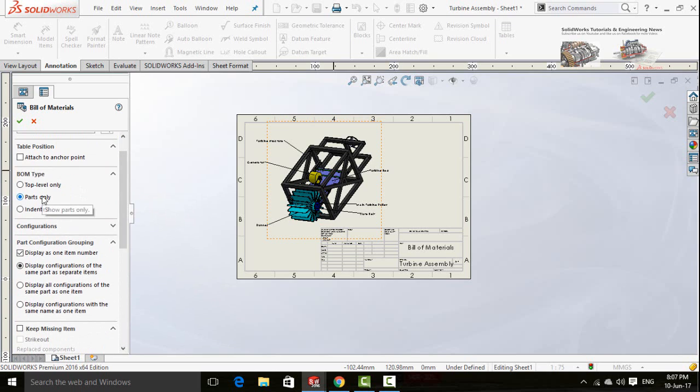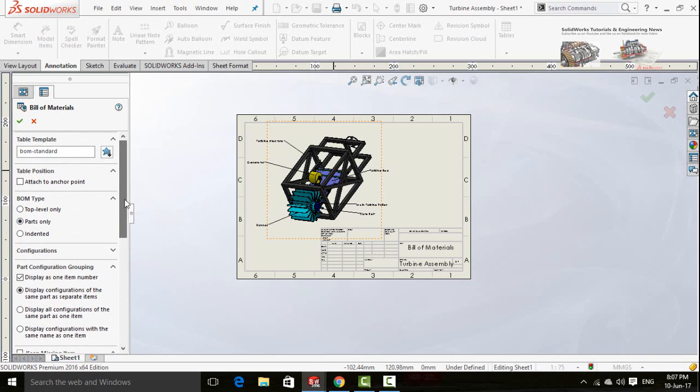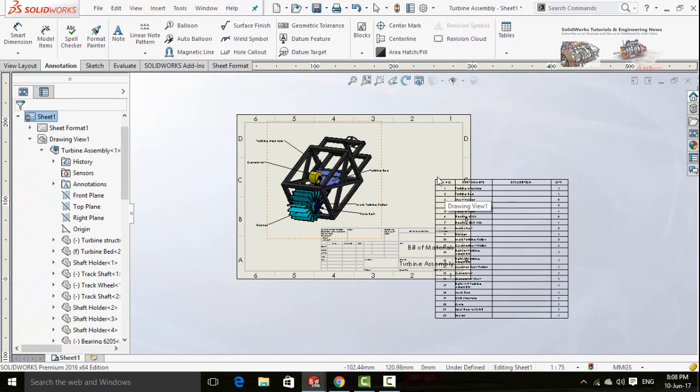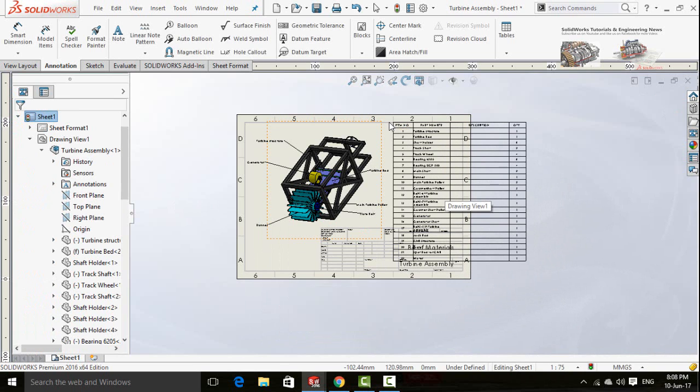Choose your desired settings from here and then press OK button to generate bill of material table automatically. Place this table anywhere in the sheet.